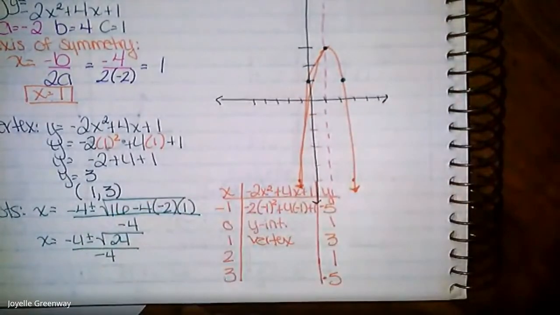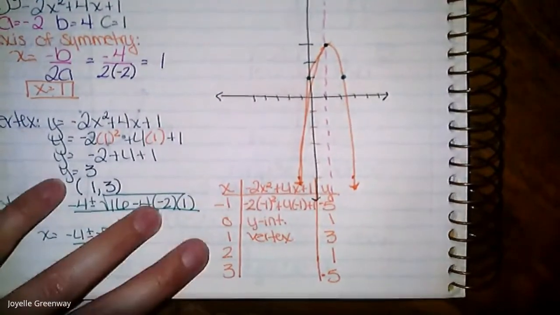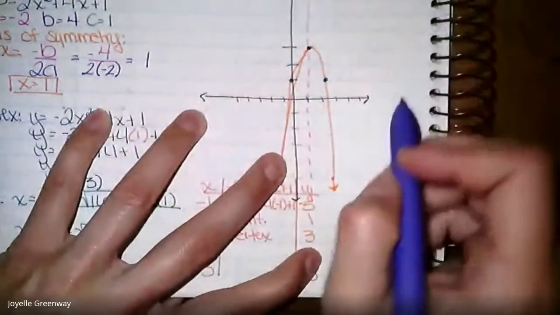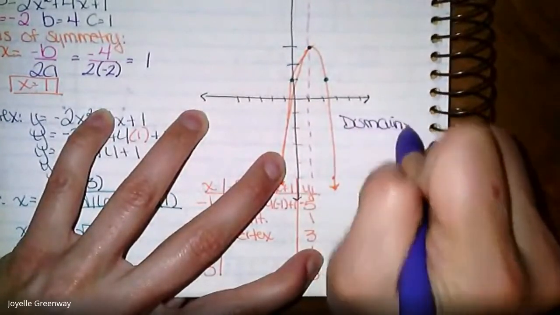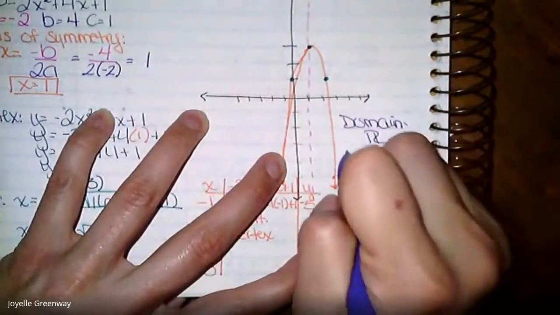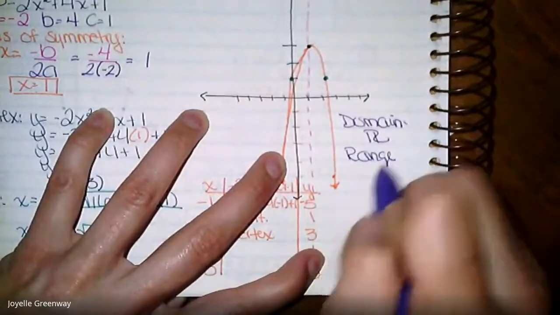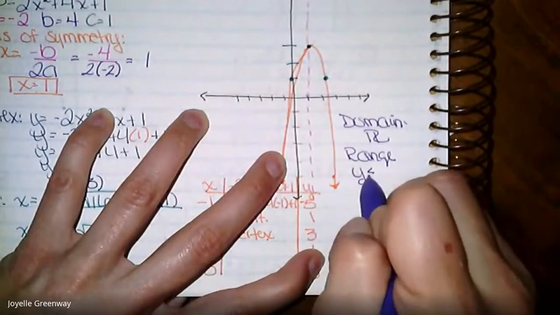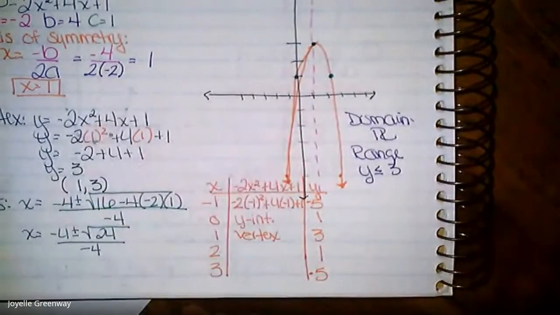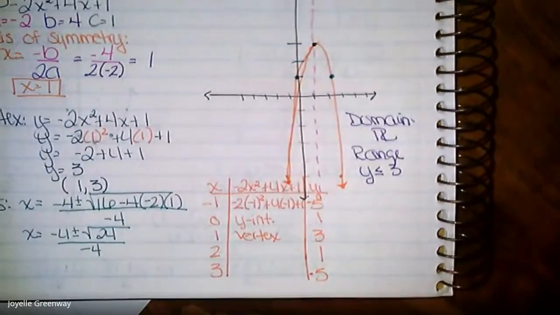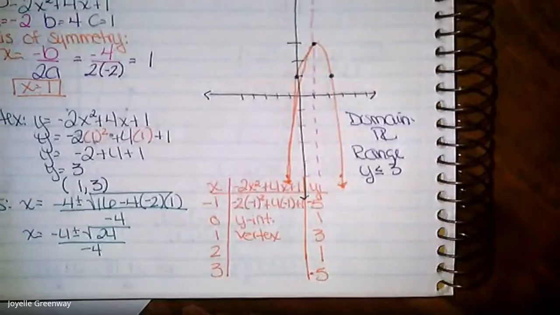Okay, so hopefully this all makes, oh, sorry, my domain. Can't forget that. So my domain is all real numbers, and my range is y is less than or equal to 3. Okay, so hopefully this makes some sense to you